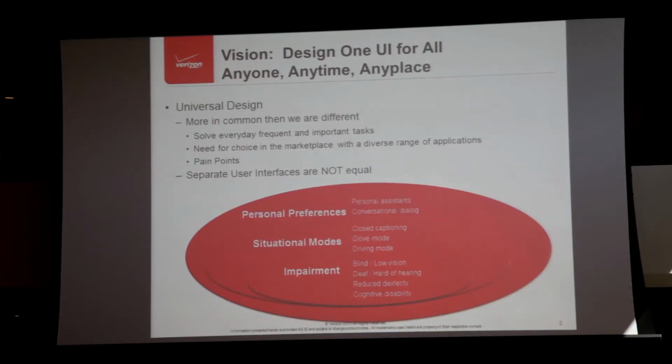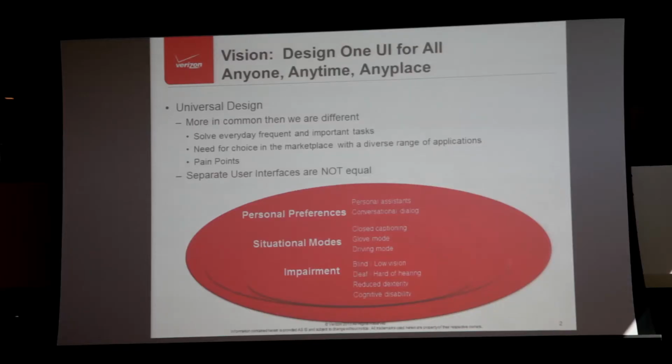And one of the problems in accessibility or other things is we found out in doing all these focus groups, usability tests and studies, surveys, is separate is not equal. Because if I have this cell phone, and you'll see later about the pain points, I want to do everything on that cell phone. I don't want something else special or different. People want to be able to do everything from there. So that's what I mean by all for one, one for all. It's not the Three Musketeers.